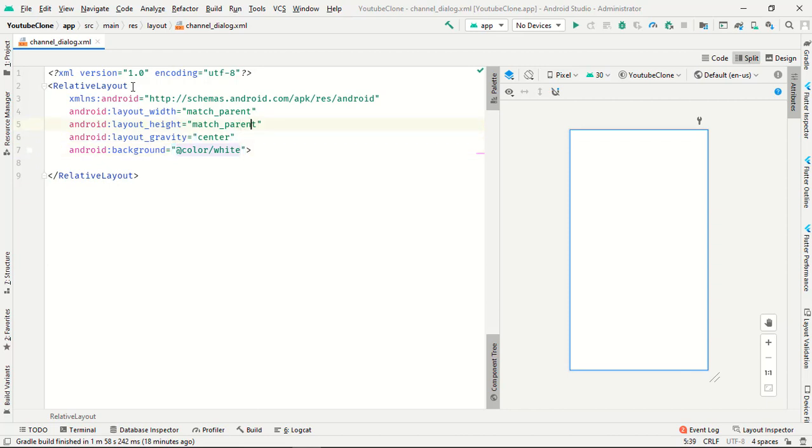Perfect. Now just change this height to wrap content.